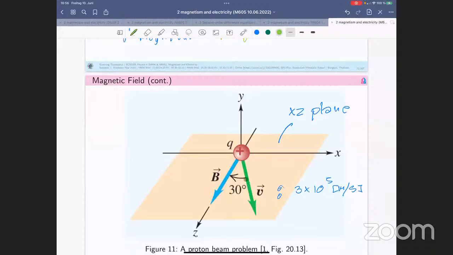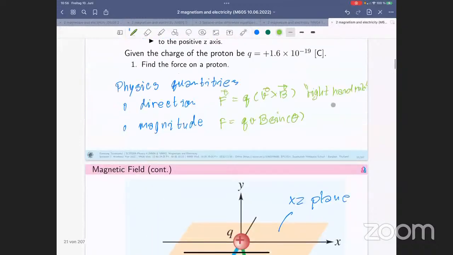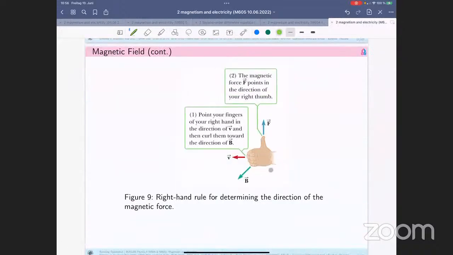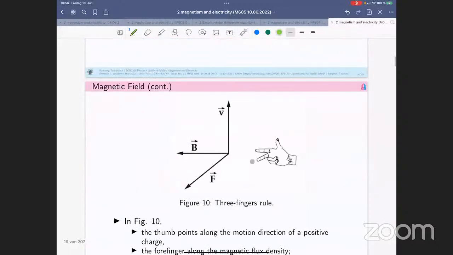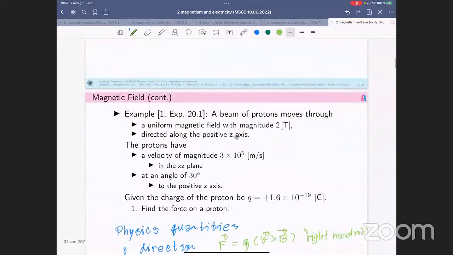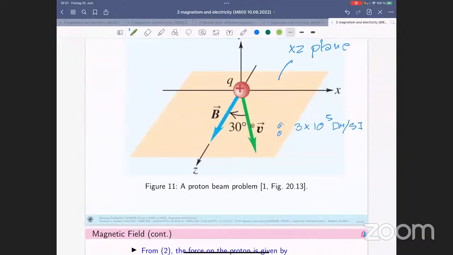Any idea about that, V to B, by using the right hand rule? You may prefer this technique, or you may prefer this complicated technique, but this one could be easily confused, in my opinion. If you were born like the son of Albert Einstein you may prefer that technique, but for me it's quite complicated. I prefer this simple technique, okay? V to B, and then you get the F direction from the thumb. In this scenario, V to B,